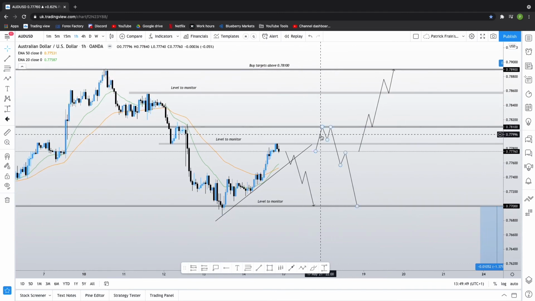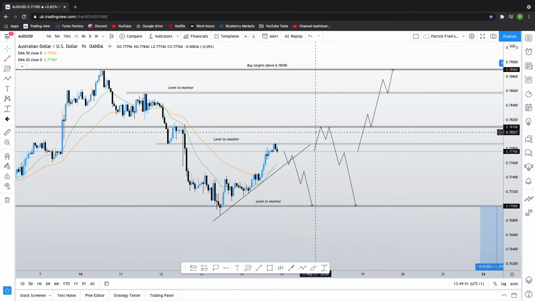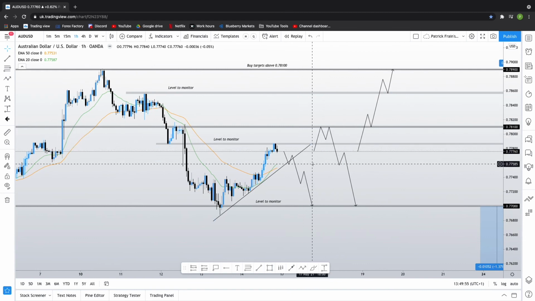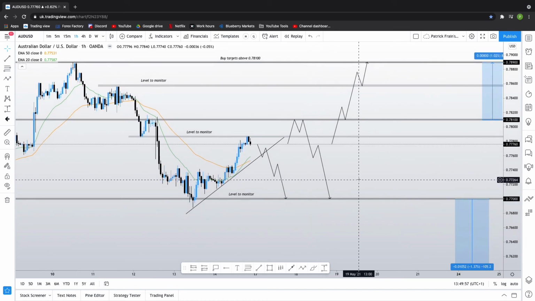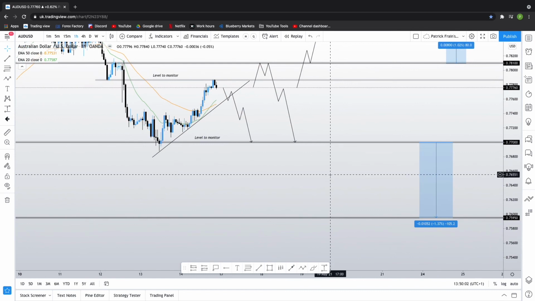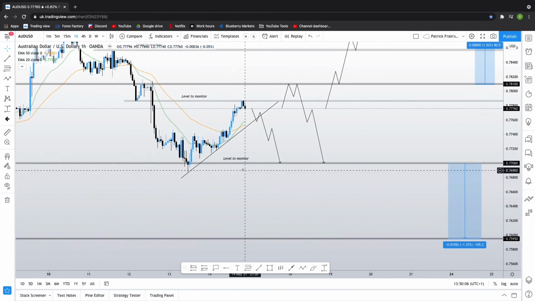If we do see long wick rejections and price is making lower lows and lower highs on the 1 hour time frame and has broken this trend line, we will be able to look for shorts back down to the lows at 0.7700 and additional shorts back down to 0.75950 if we do get a break of this level of